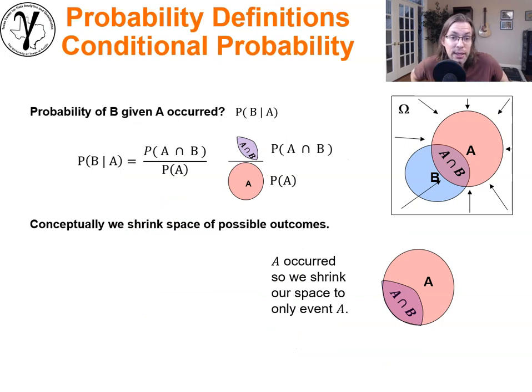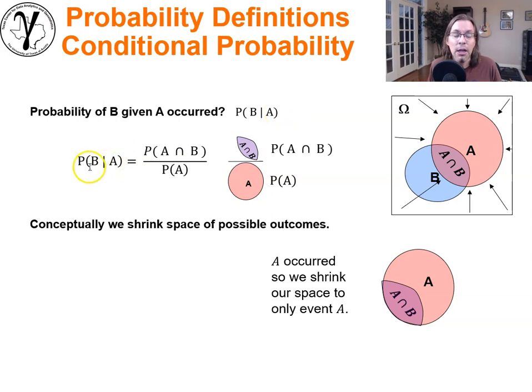Now, this is where things get real. We're getting into conditional probabilities now, and I think this is the real power. I think there's so many great things we can just do with conditional probabilities. Okay, so what is a conditional probability? What's the probability of event B occurring given A occurred? Now, the notation we'll use is the probability of B, this horizontal line, we'll read that as given, and that's event A. Okay, probability of B given A.